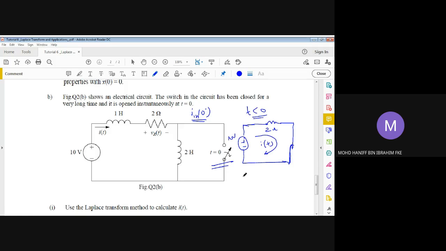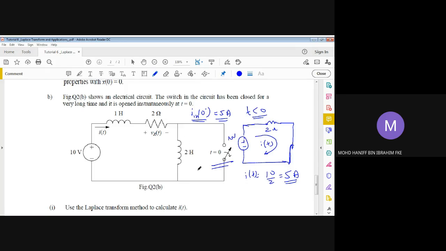So from this, we know that IT shall be equal to 10 over 2. That will give us 5 amperes of current. So it means that the 1 Henry's initial current will be equal to 5 amperes, same as this 5 amperes current. Whereas for the 2 Henry inductor, because the circuit is closed or short circuited down here,